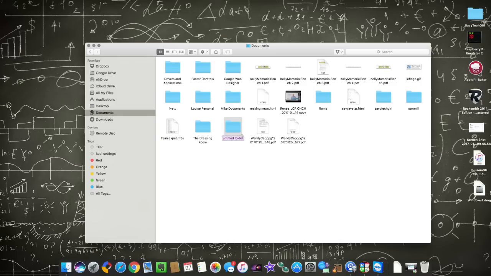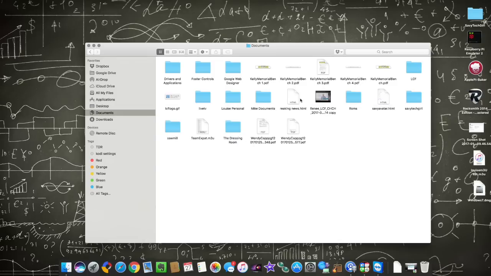Okay, and I'm going to say, it's a client of mine, create a folder for her. I want to move this, so again, push hold, and I am going to drop it into that folder. Okay,